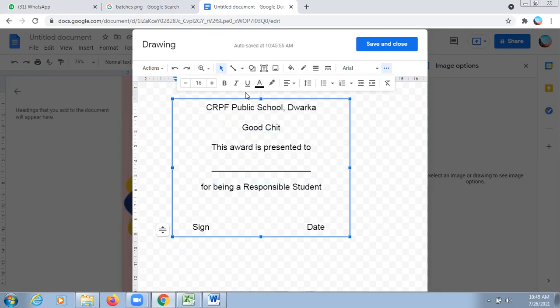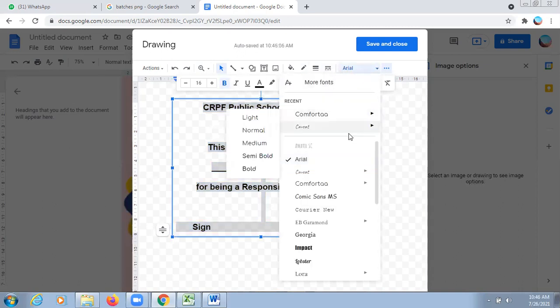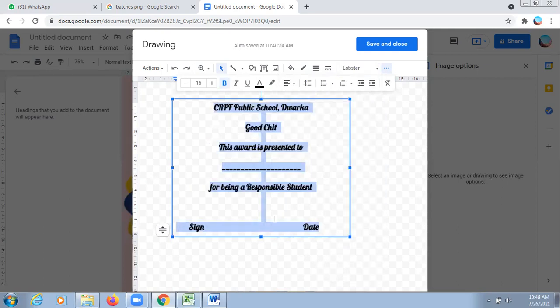Okay, now the text should be bold, and if you wanted to choose any different writing style then you can choose. Okay, this is good.